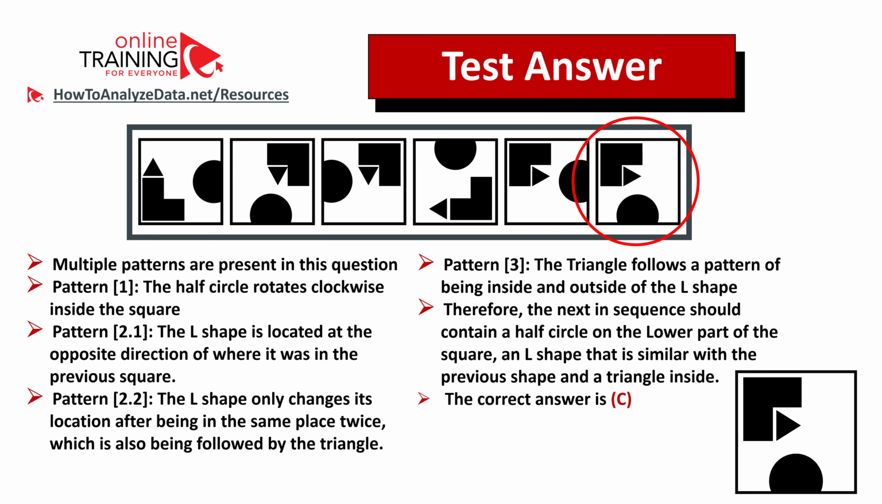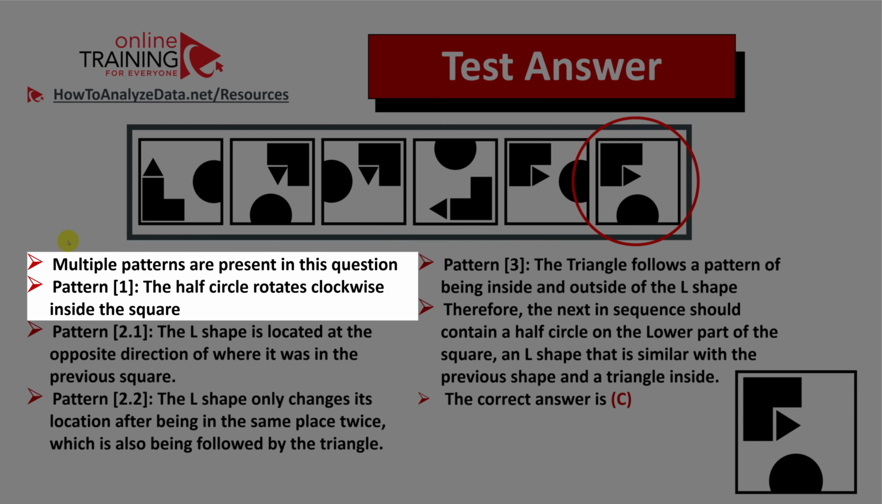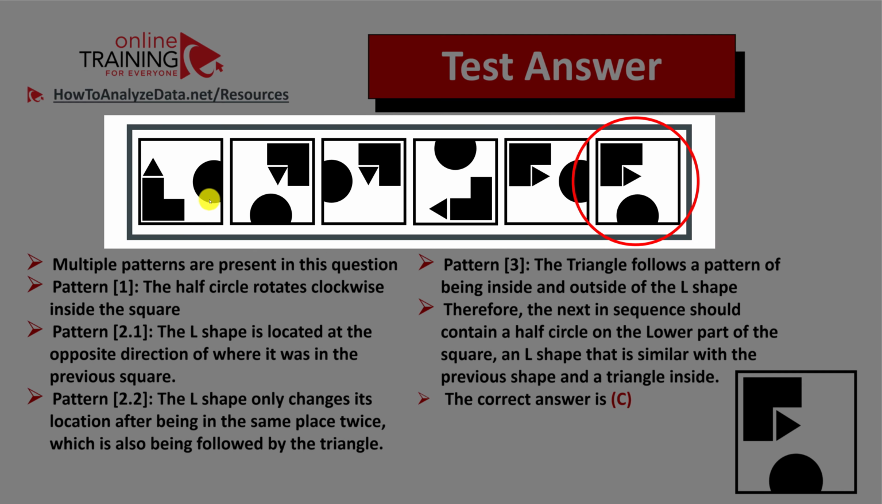As usual, my recommendation to you is always look for patterns. And let me share with you which patterns are present in this question. Obviously, there are multiple patterns present, because this is the type of questions you get in the test. The first pattern is where half circles rotate clockwise inside the square. So the first position is on the right, next position is at the bottom, then left, top, and then you